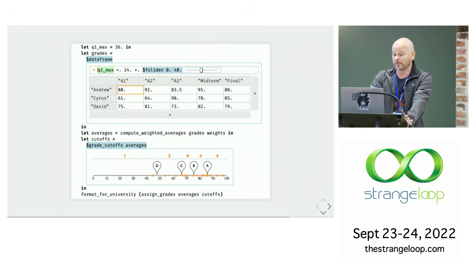So here, this is my absolute favorite from Cyrus Omar's group. This is also by David Moon, who did the structure editor, and Andrew Blinn, who did the nice editor for Scheme that we saw at the beginning of this section. So here we have, again, an OCaml or Elm-like language, but you can put these little widgets in. These are called livelits. The syntactical affordance here is that they begin with a $. And so he's got some data here, and the data is shown as a data frame. It's a convenient, nice-to-edit thing, and it's in line with the source code.